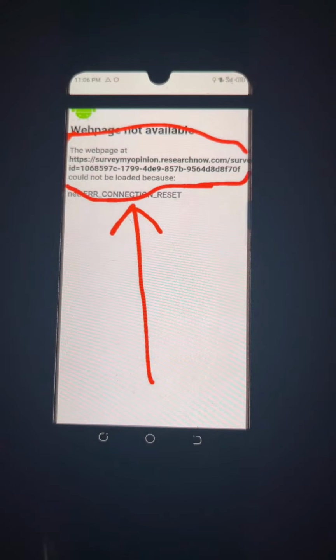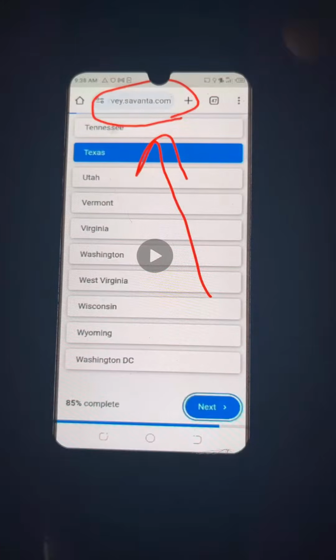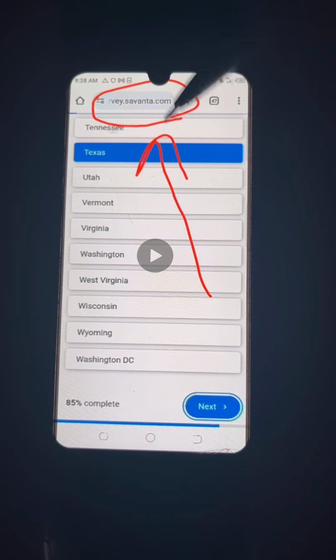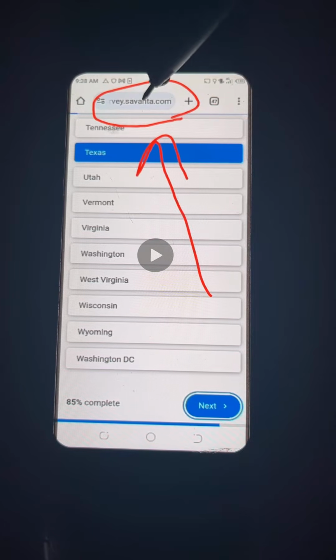So now, for instance, this is an app, okay? I say you may not, right? But this one now is being shown. You understand? So now let's go to that of the site. These are just screenshots I kept for example. So as you can see here, this is a site. This is the Savanta survey, and now at the top here, this is where your ID is on your survey.